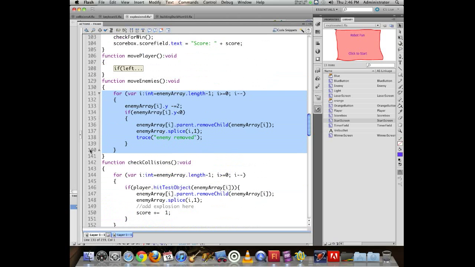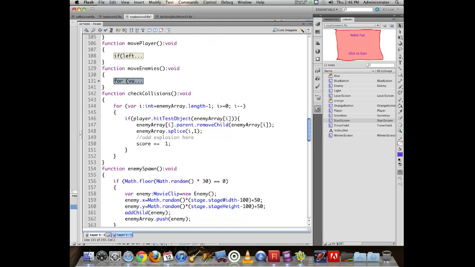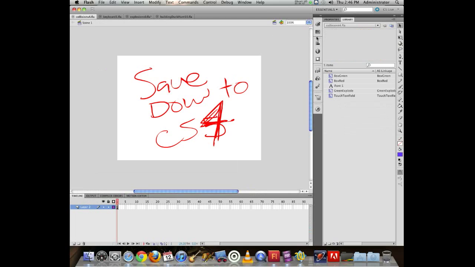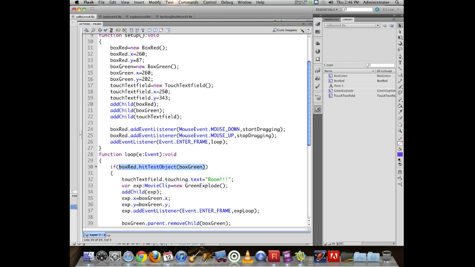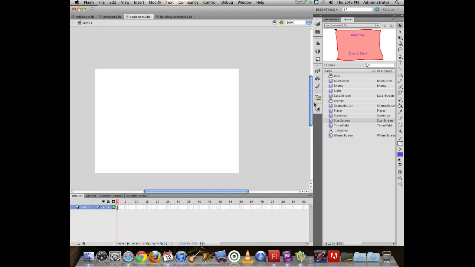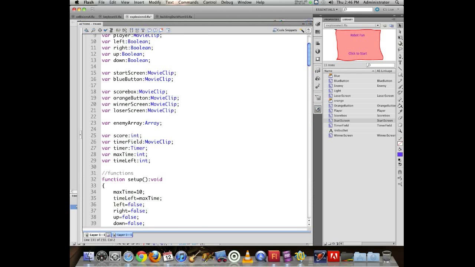Moving enemies is the same, except I modified how much it moves per frame. We could make it move in other directions if we so chose. Now checking for collisions, instead of checking for a single object like it did in the collisions file, where it specified specific objects as part of it. So red hit test object green. So instead of specifying that exactly, now at this point it is specifying it